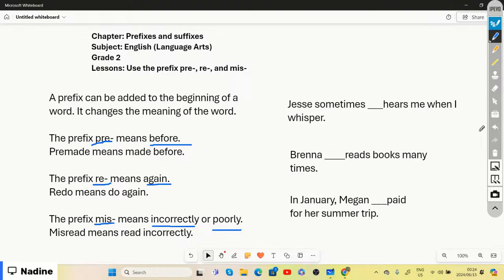So if we look at our sentence over here, it says Jesse sometimes